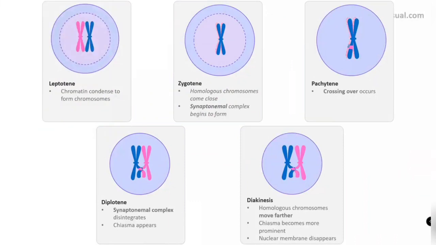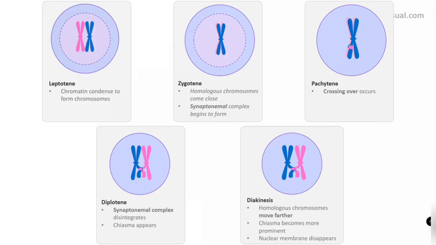Right. Do you think it is difficult to learn these stages? It's very easy. First of all, a couple sitting in the lap of each other, putting their heads in the lap of each other, right? That is leptotene. They further condense into threads, right? Leptotene. Then after that, the stage comes when they come so close to each other that they pair up with each other, they become one. So after leptotene, they pair up with each other, that is zygotene, right?